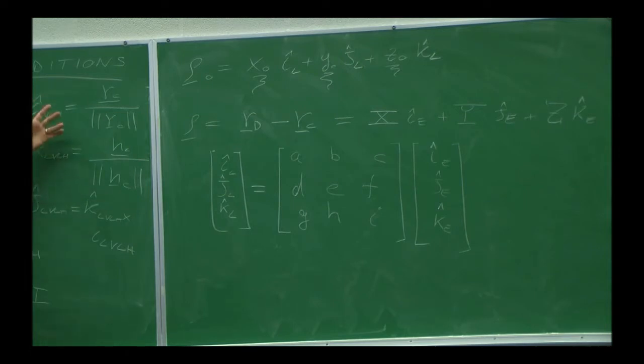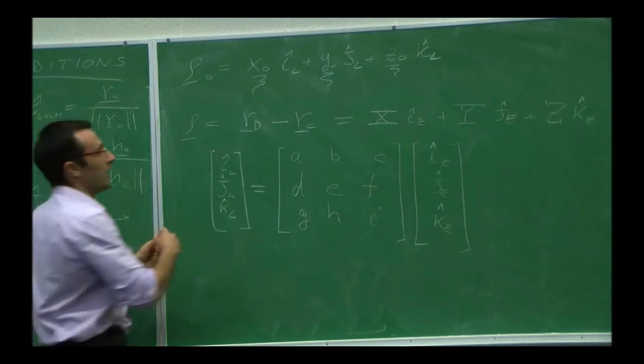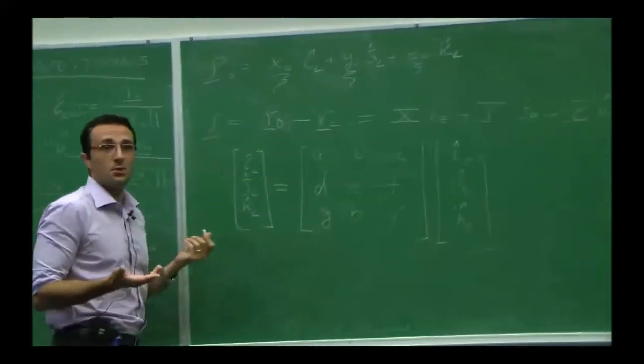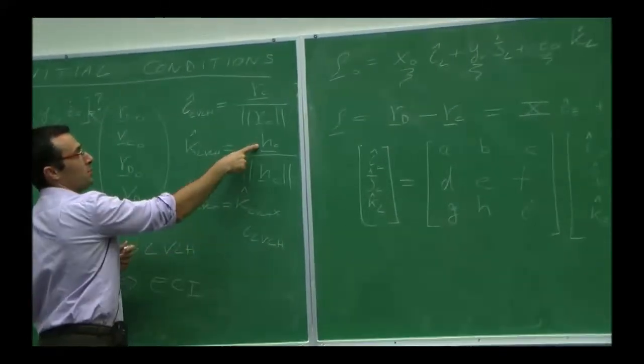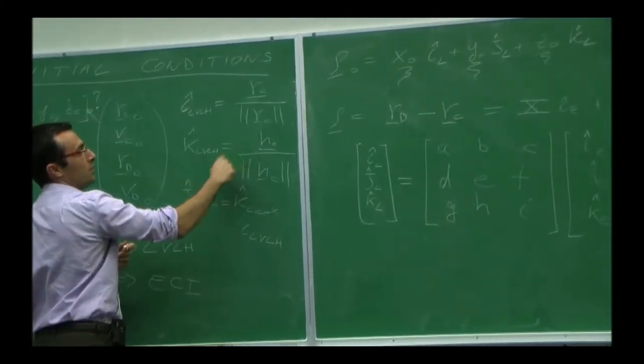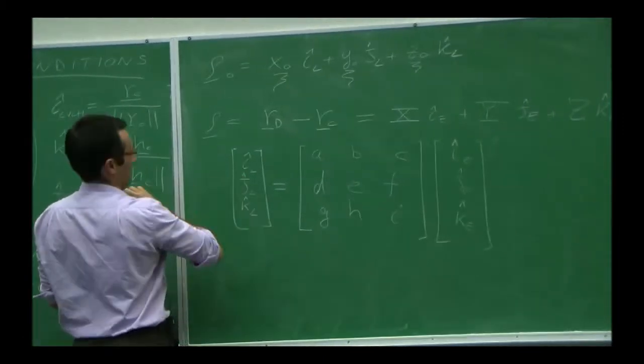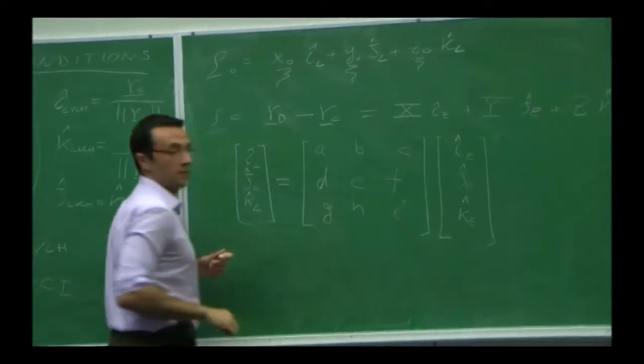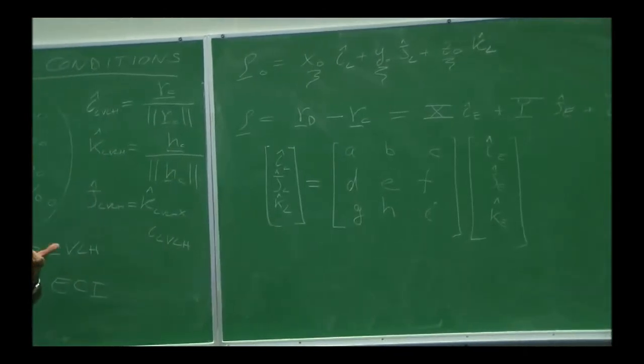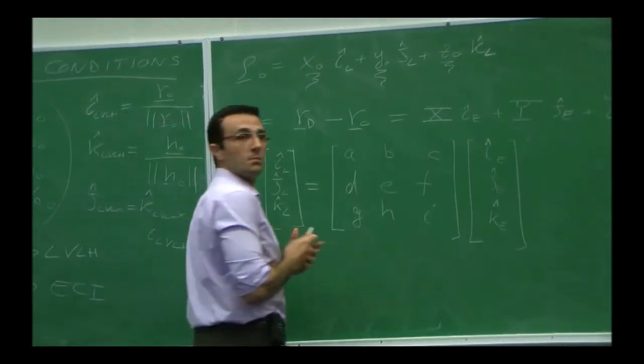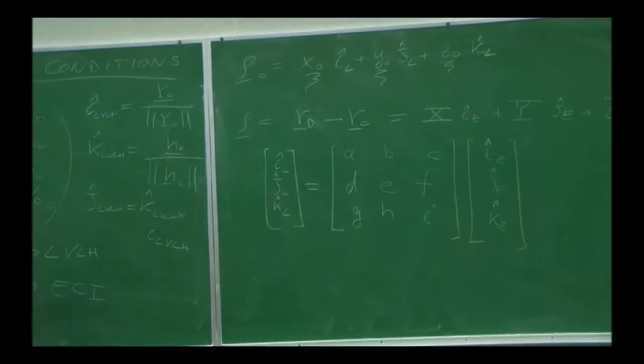I'll actually open my MATLAB file, which will be your uncollected homework, and show you what this means. It's just that you're given a position of the chief. It's a vector. Normalize it, and you get these 3 numbers. You do this operation, compute the angular momentum of the chief, normalize it, and you get these 3 numbers, D, E, and F. That's what MATLAB is going to create, right? Make sense? Because you're given those vectors in ECI.